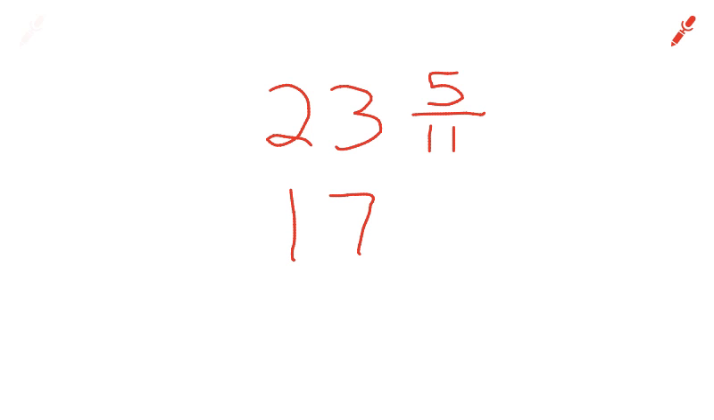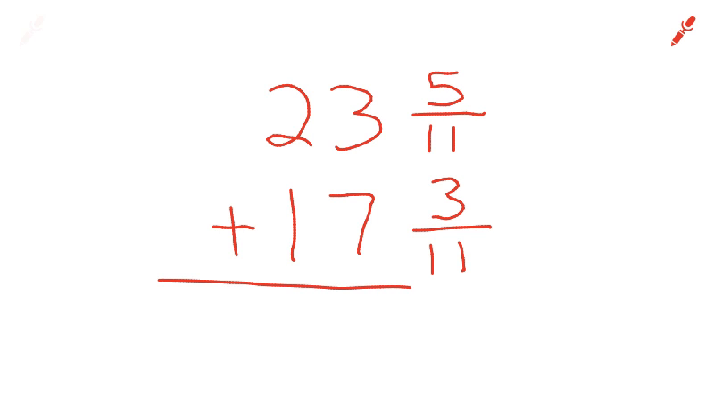For example, 23 and 5/11. And then another one would be 17 and 3/11. And those both would be examples of mixed numbers where you're mixing a whole number and a fraction together. And I wrote these two on purpose because this is our 1a, 23 and 5/11 plus 17 and